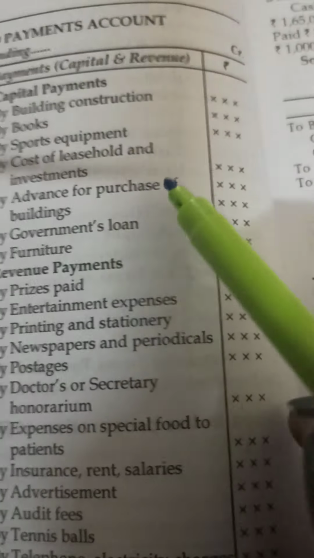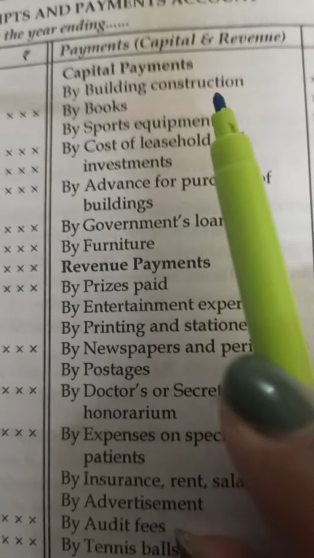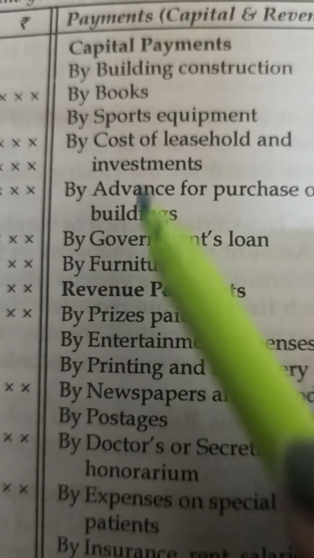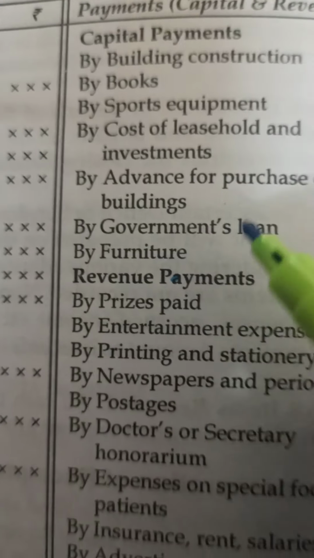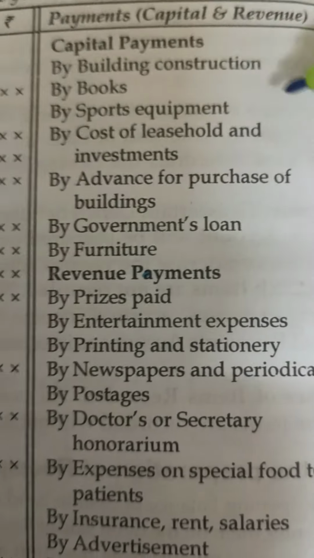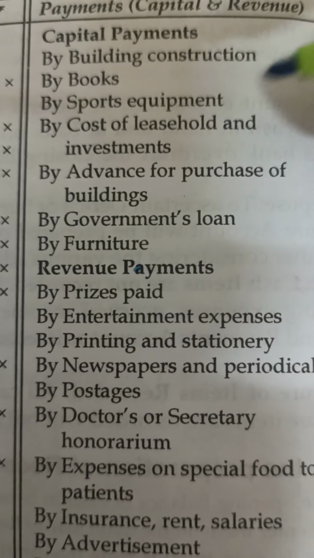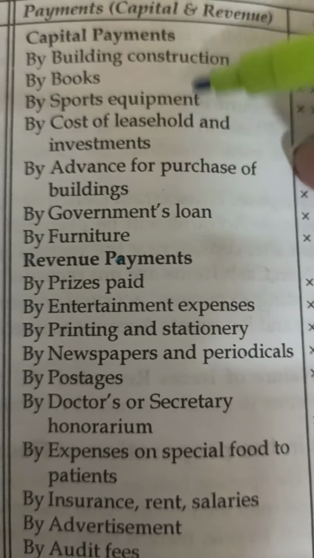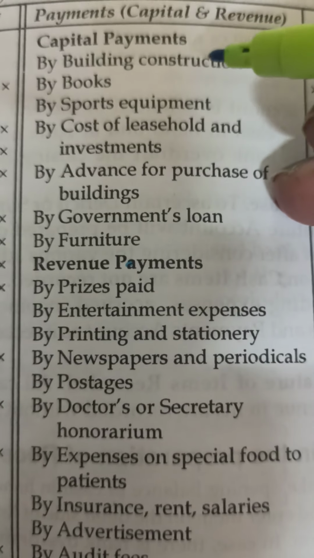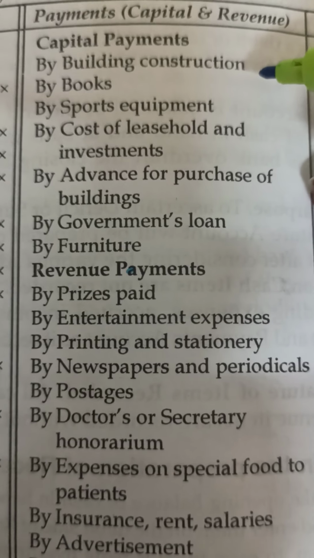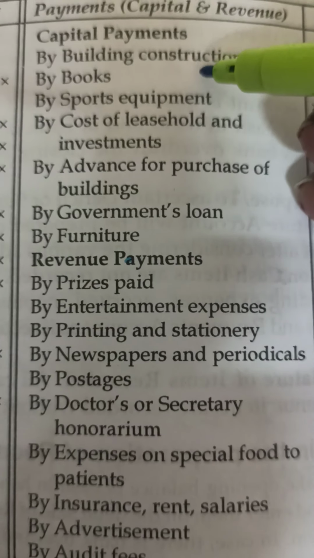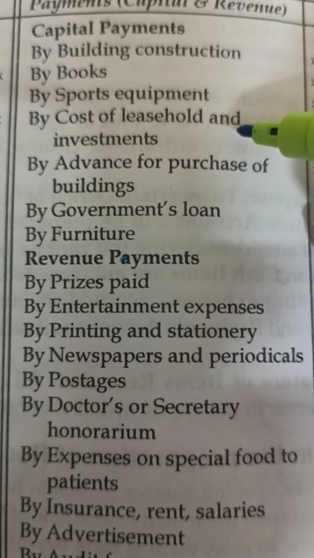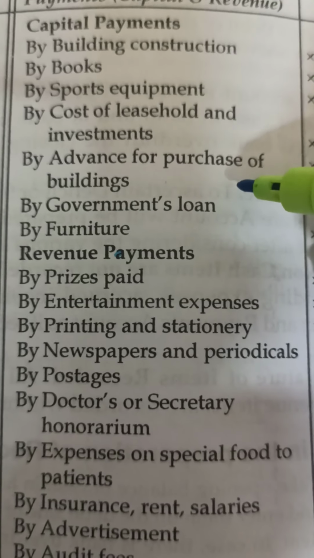Now coming to the credit side, that means the payment side. Payments, again the capital payments, and we classify as capital, and the revenue payments. As long as payments are being made this year, whether they relate to this year, next year or the running year, they will come here. The first capital payment: building construction, books purchased, sports equipment purchased, cost of leasehold and investment purchase, advance for